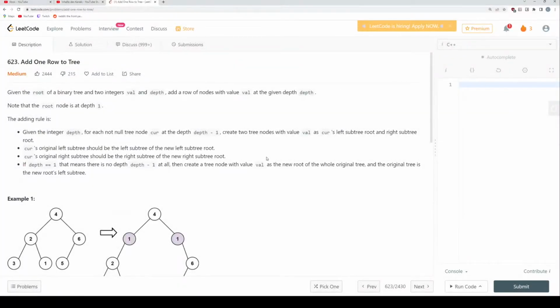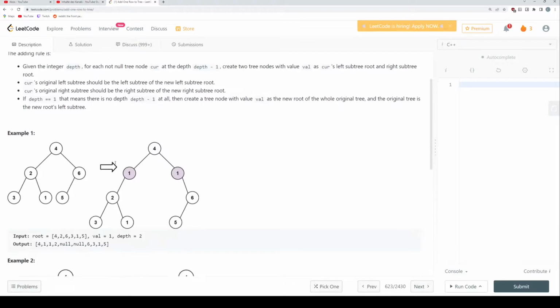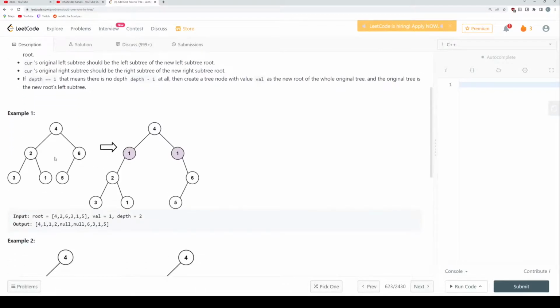Hello everyone. In this video we're looking at problem 623, add one row to tree. As the name suggests, what we need to do is at a certain depth in the tree, add one row, in this case all of ones. So one row where all nodes have the same value, and each original left subtree, for example this 2, 3,